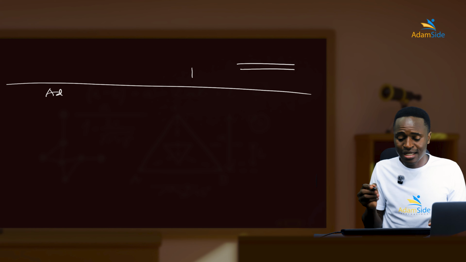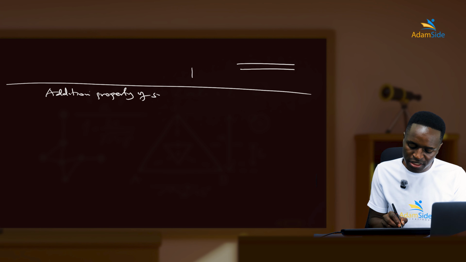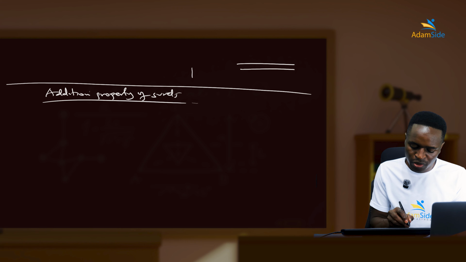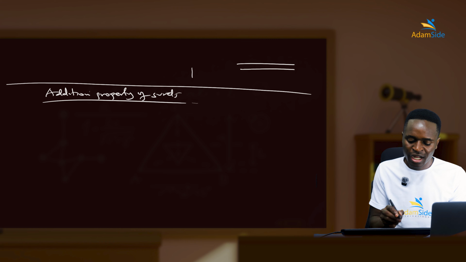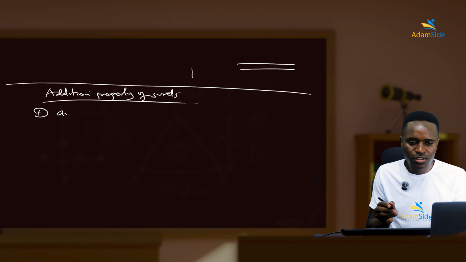Remember, from the previous class, we talked about the addition property of surds. At least we review this so that you have an early understanding of what we did in the previous class. So this is just a review so that you can be able to rationalize more. We talked about the addition property of surds. We said in the addition property of surds, rule number 1, it was when you have